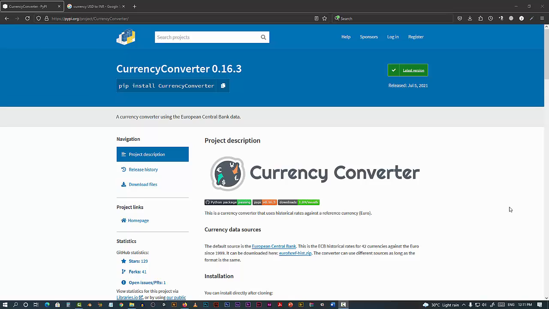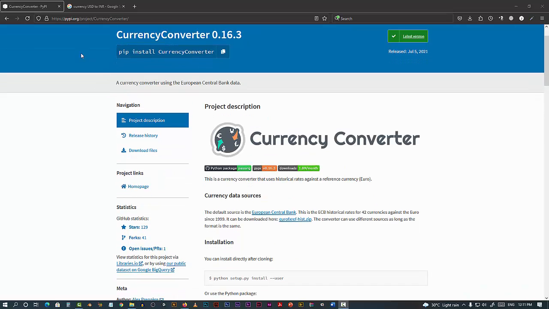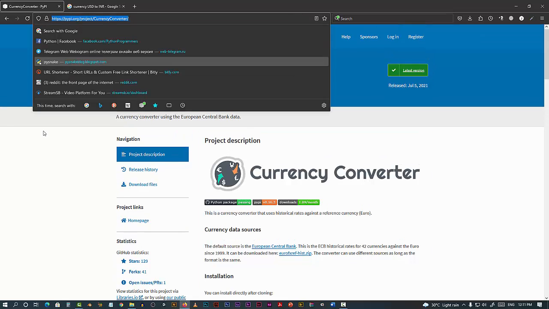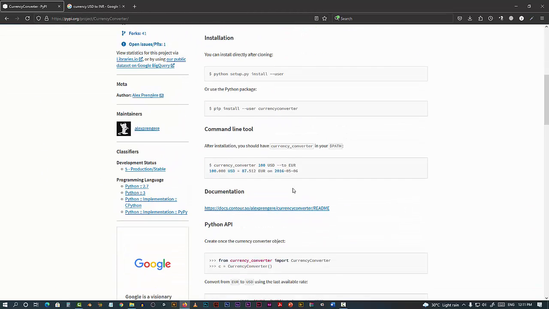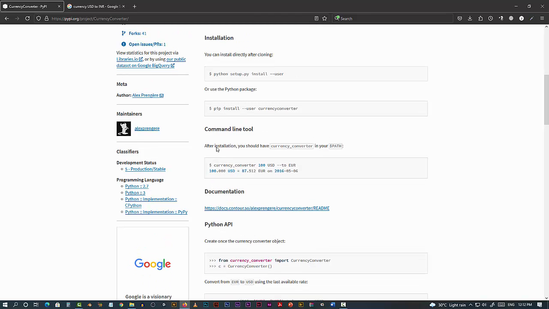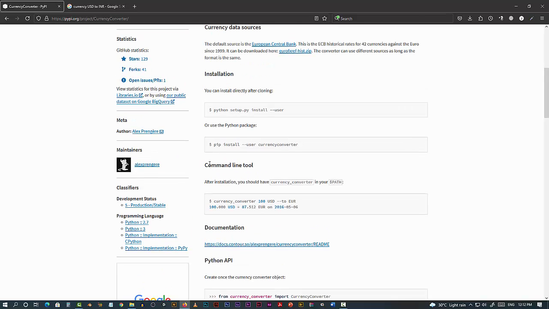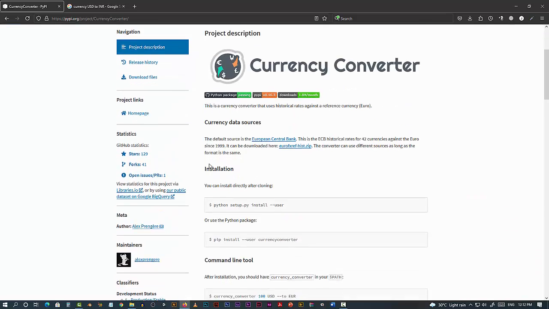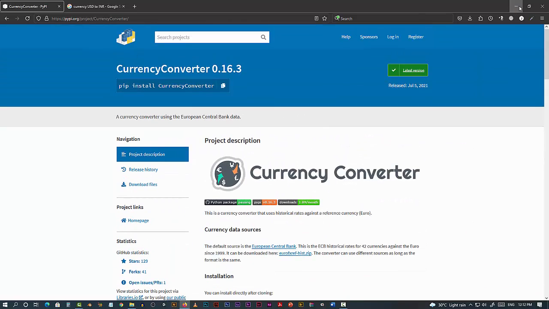Today I would like to discuss the currency converter. You must have used it, or you are new to it, but when you use this plugin, pip install currency converter, you can see the documentation here at this URL. Basically, you can convert your amount to the current price of the market. Now, while using this plugin, let me show you what exactly I mean.